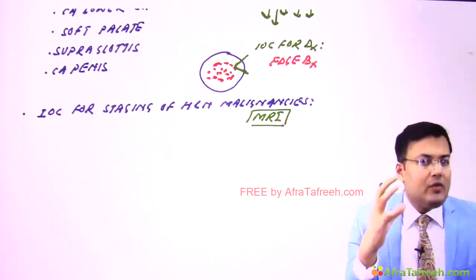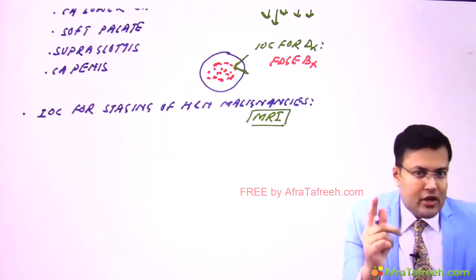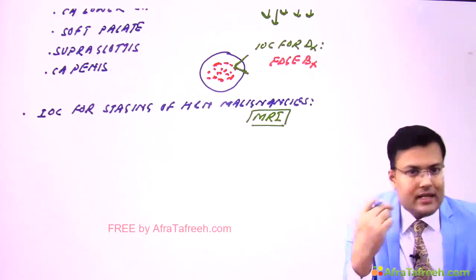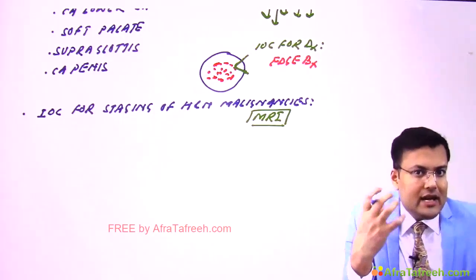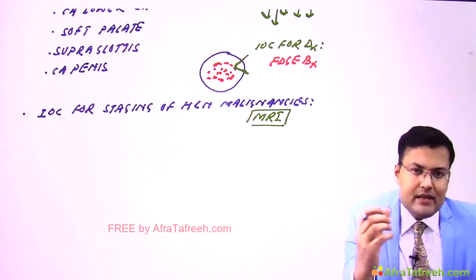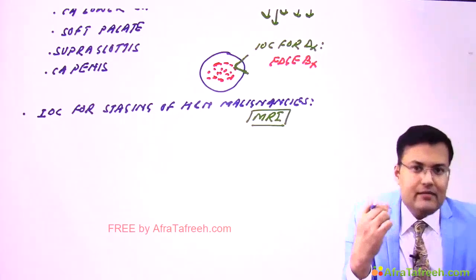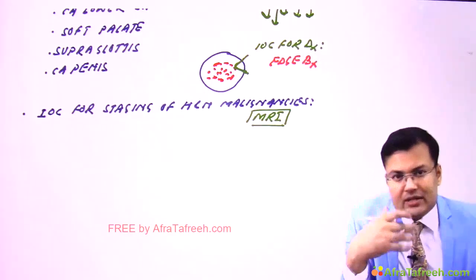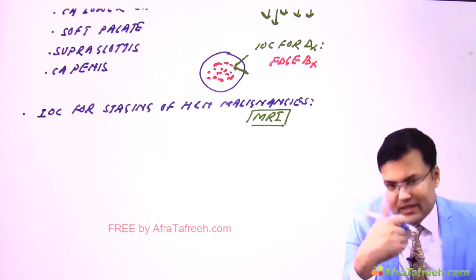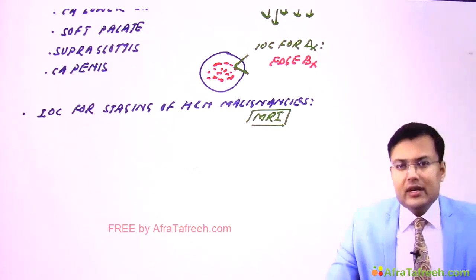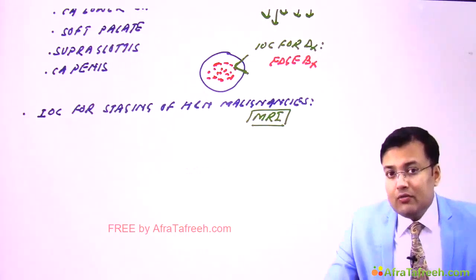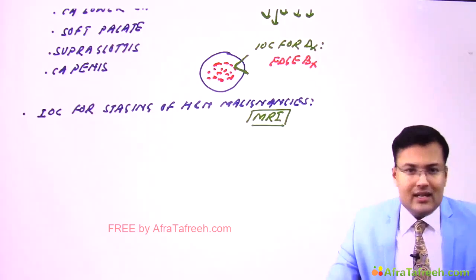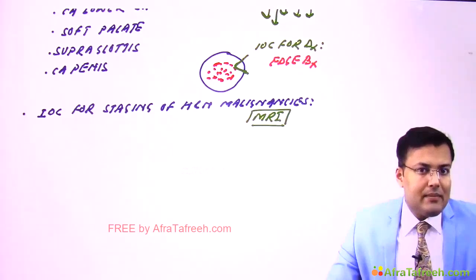Now see, whenever there is some tumor, in majority of cases, if it is low grade, if it is resectable, we go for wide local excision, and after wide local excision there is a defect, so we have to close that defect with the flap. So whenever there is head and neck reconstruction, if there is defect in head and neck region and we have to reconstruct it with flap, what is the most commonly used flap for reconstruction in head and neck? And it is PMMC flap.